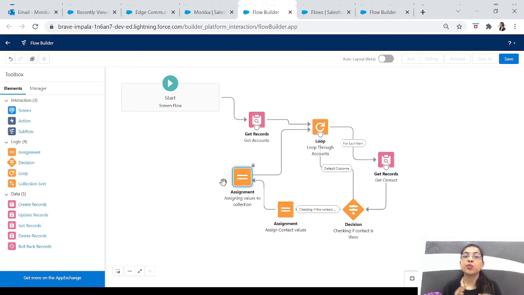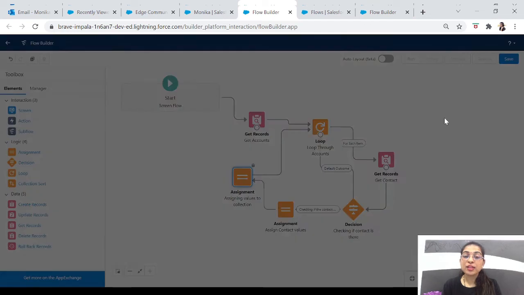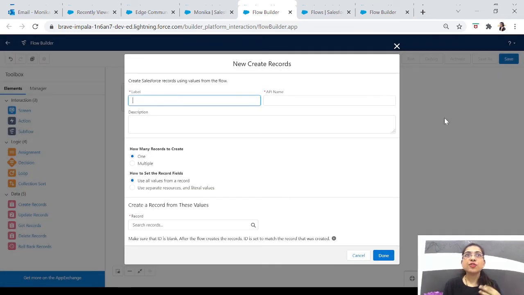Now what we want to do when the loop finishes, for example, we have only 5 accounts. Okay, so the loop will iterate 5 times, but what will happen after the 5th time? Okay, so after the 5th time we want to create contacts. Basically if 2 accounts from the 5 accounts have the contact, but the remaining 3 do not have any contact, so in assignment variable we should have 3 rows of contacts, right? But now it is not inserted in the database. We have to insert in the database too.